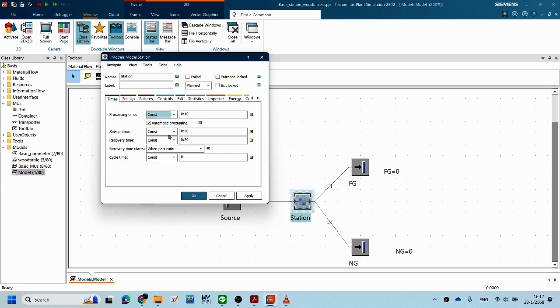There is a benefit if you classify and split it off into specific setup time and recovery time, because when you need to analyze the setup time,